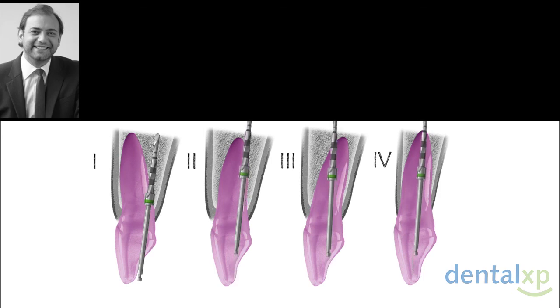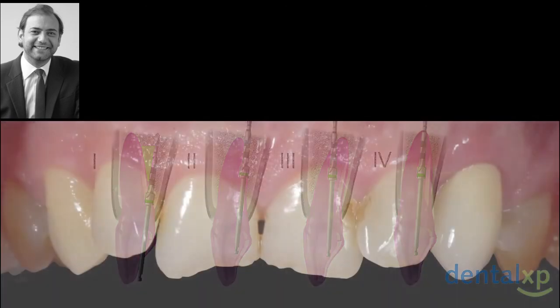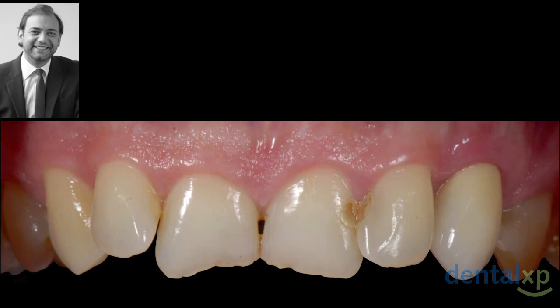So this is something very, very helpful in our planning to know. Many times, as I've showed you in the previous case, we will have bone buccally to our implant when we are in class 1. So in cases like this, we can have